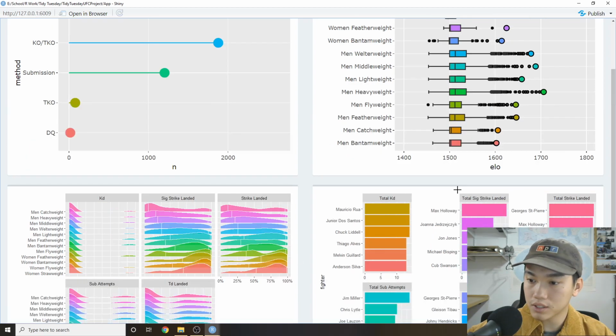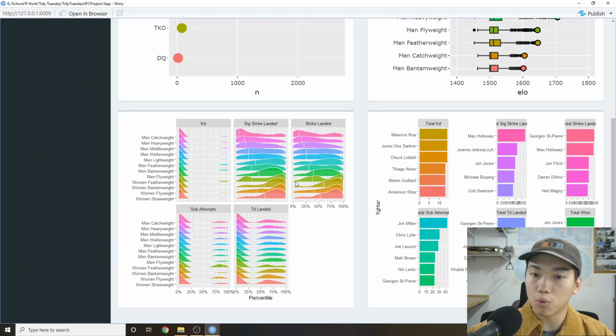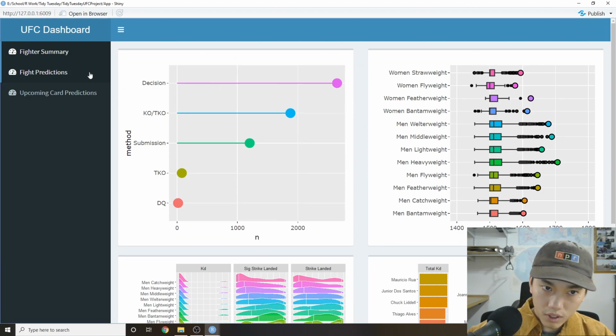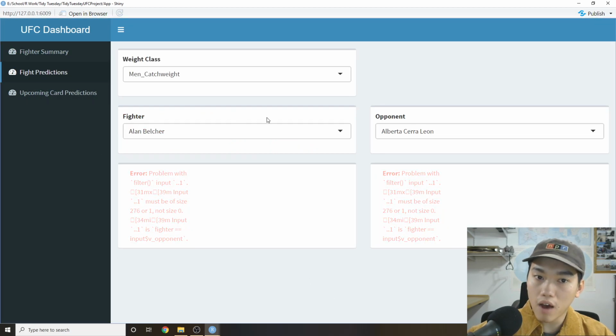And we also have total wins. So yeah, pretty good summaries of all the weight classes. I haven't added any filtering to it, because I wanted to focus mostly on the modeling. Okay, so now we have our actual